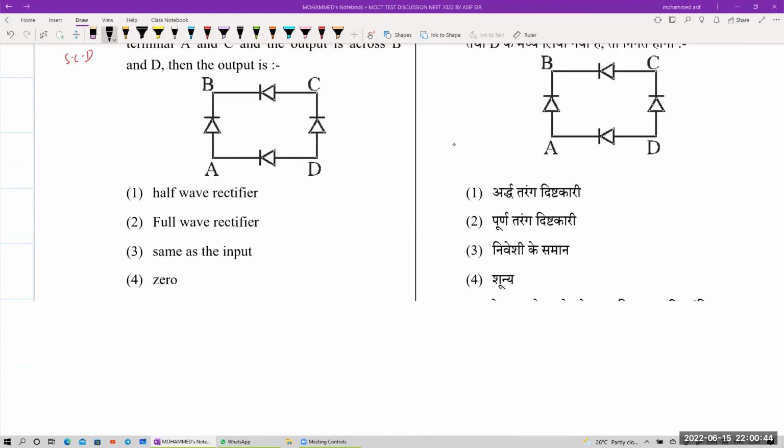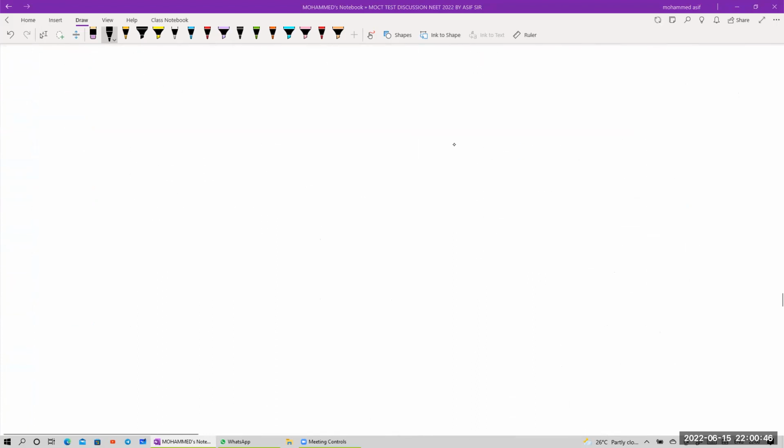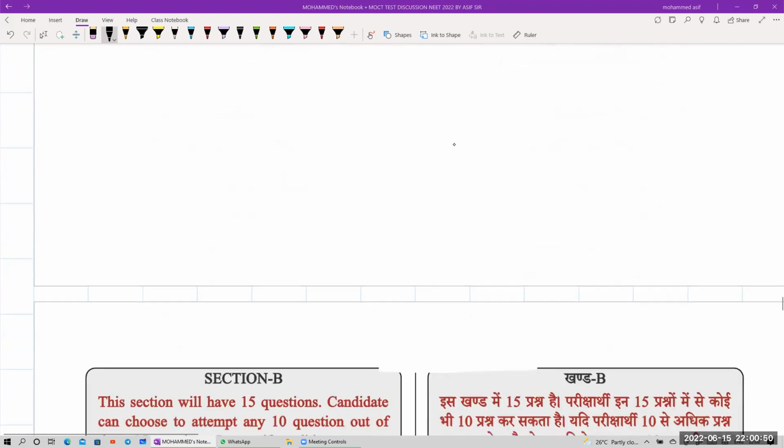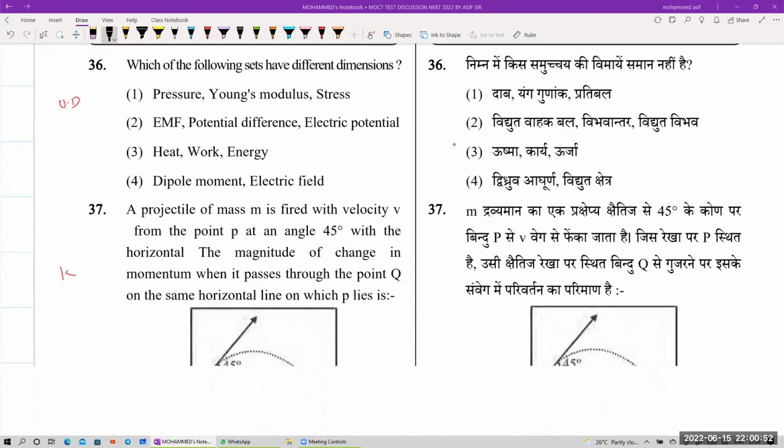क्वेश्चन नंबर 34 सेमीकंडक्टर डिवाइस अभी मैंने किया है, अभी नहीं किया। ज़ीनॉट डायोड है नेक्स्ट वाला, ये भी अपन ने नहीं किया। नेक्स्ट वन देख लीजिए, क्वेश्चन नंबर 36। आई होप क्वेश्चन नंबर 36 कर सकते हो आप लोग।